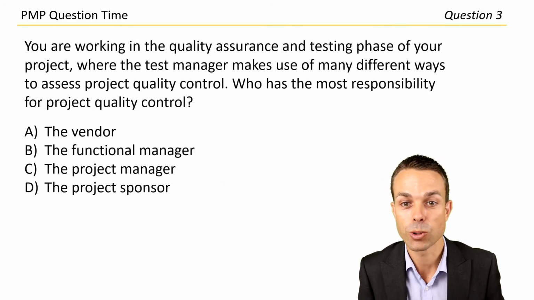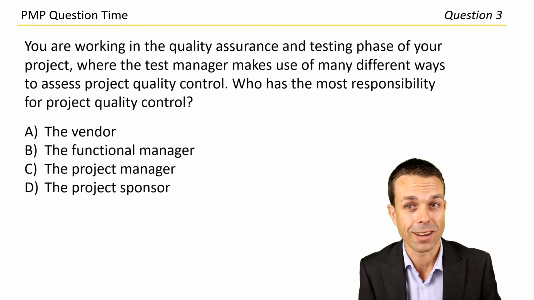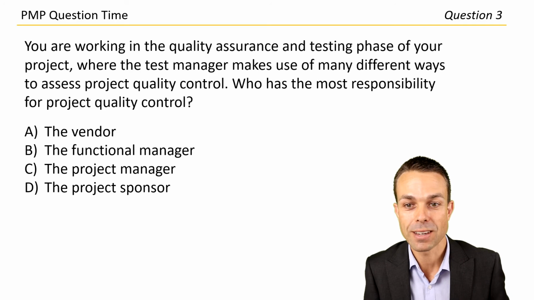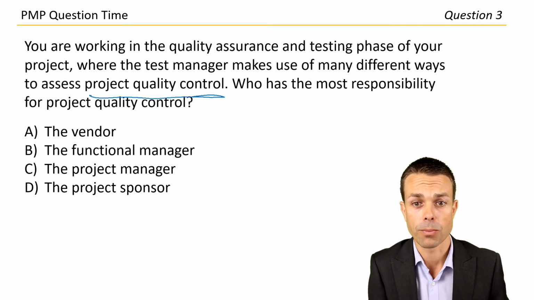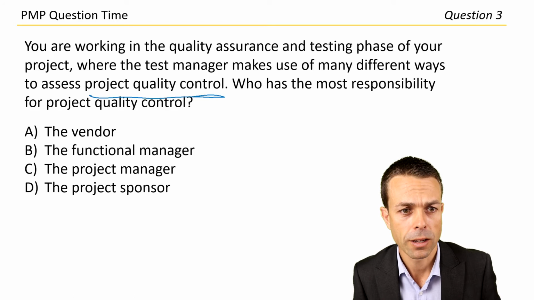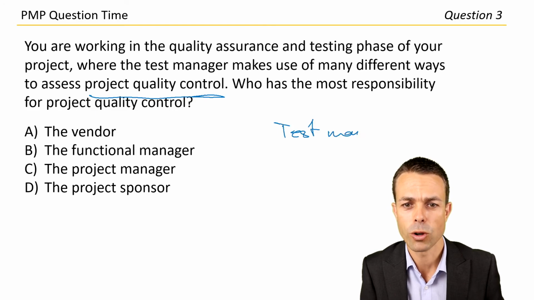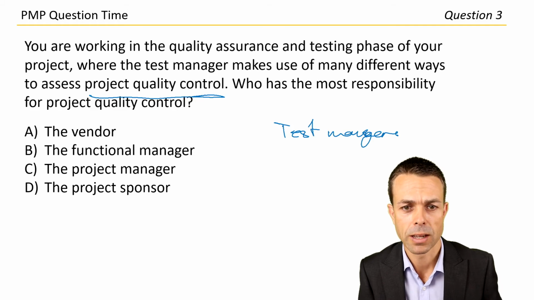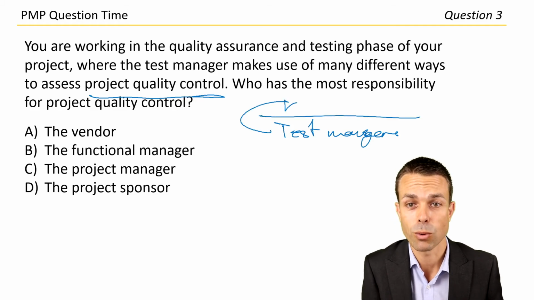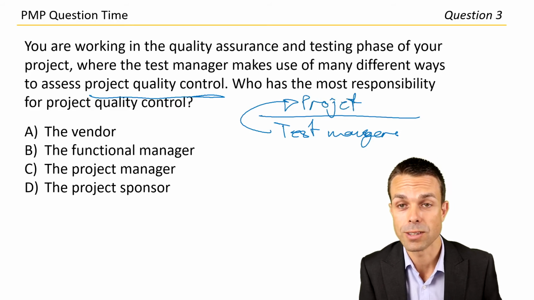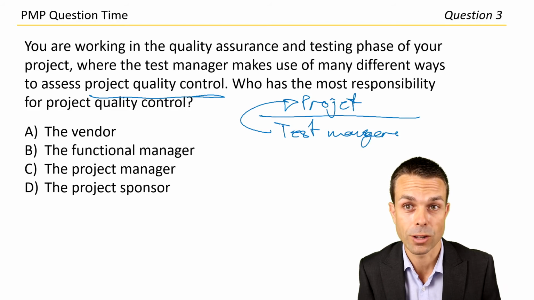You're working in the quality assurance and testing phase of your project. Again, lots of testing going on in this project. That's great. And the test manager makes use of many different ways to assess project quality control. Okay, who has the most responsibility for project quality control? Okay, that's a good question. We've got the test manager there, obviously, but who has the most? Who has the most responsibility? Because ultimately the test manager is going to report to you as the project manager, and you're the one who needs to make sure that these things are on track and are going within budget,